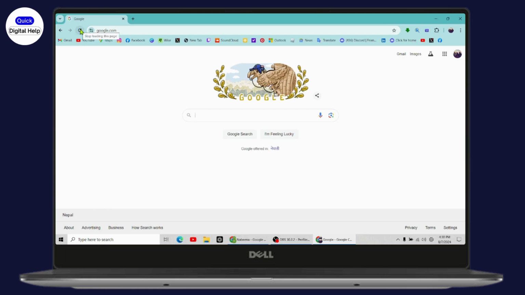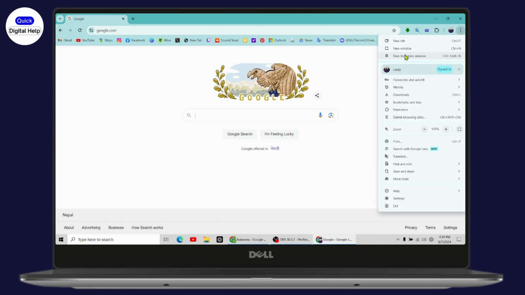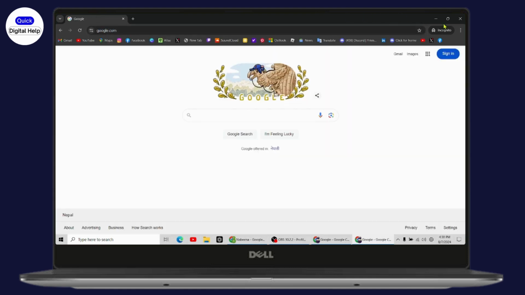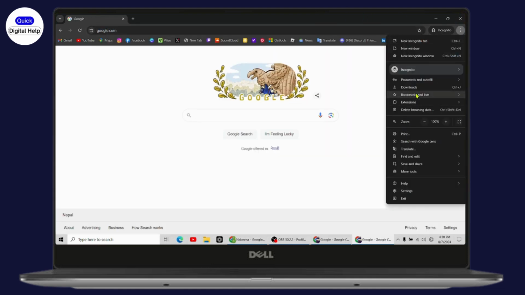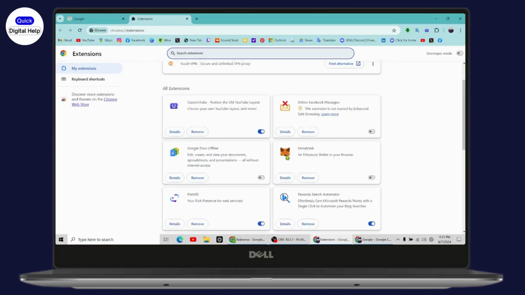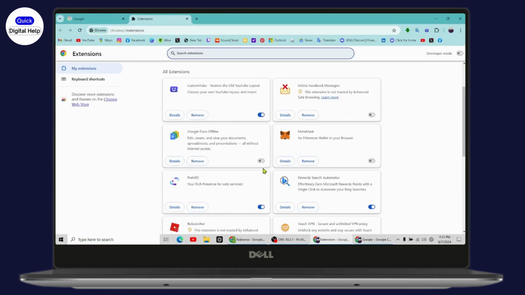And if you're using a public Wi-Fi network, then it may cause a privacy error in Google Chrome with a non-SSL website. You can also go and try to open a website in incognito mode. If the website is working fine in incognito mode, then try to disable some extensions which may cause the privacy error. So simply go for extensions, manage extensions, and then try to disable or turn off the extensions which are